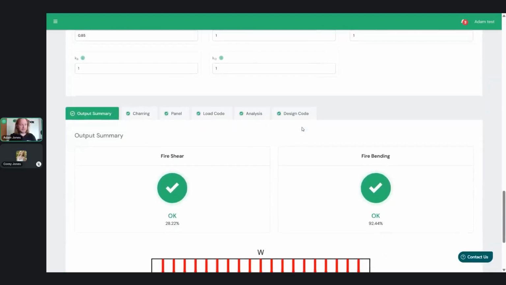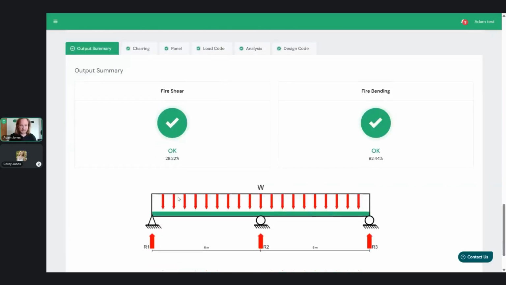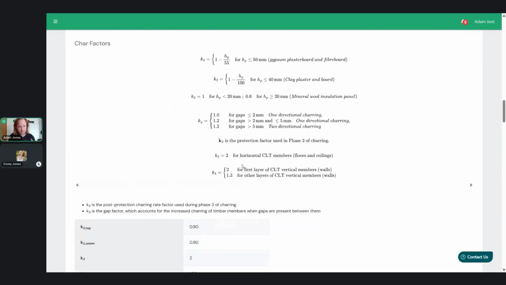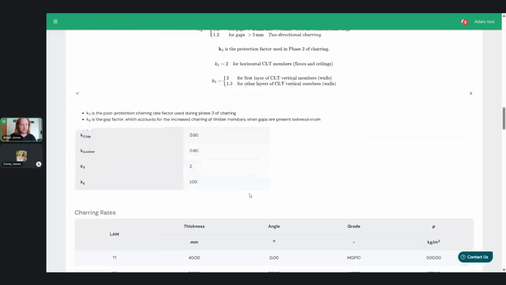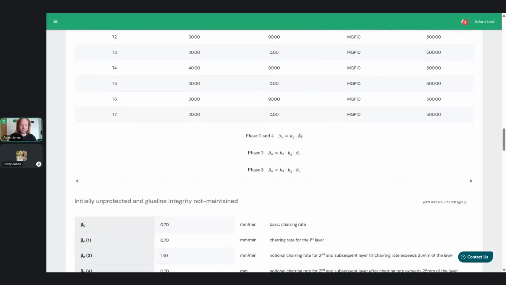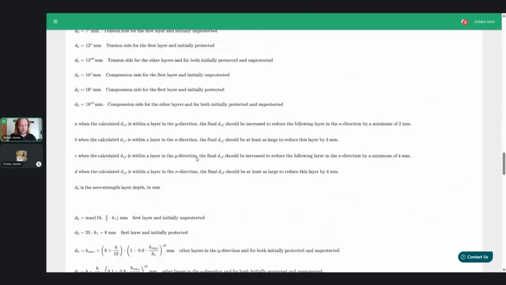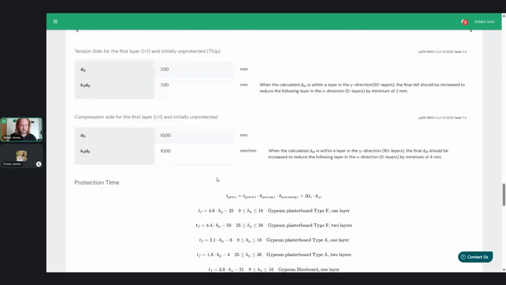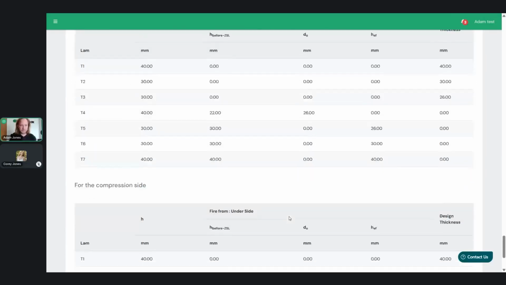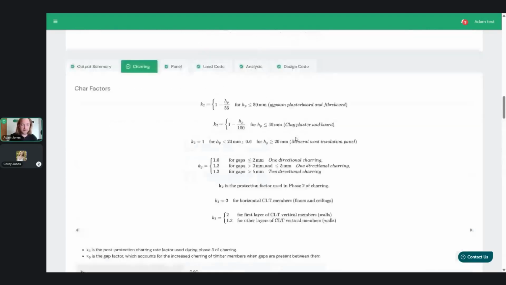So moving down, you can see here for our output summary, we are actually working right now at 92% and 28% loading. So if we go through calculation by calculation, our charring factors, it's not a black box. It gives you very detailed understanding of the K factors, the gap factors, the initial lamination, the phases, the new charring rate in each phase, so phase 1, 3, and 4, and then the zero strength layer right now based on the draft Eurocode, and then multiply there to actually end up with your protection time, as well as getting to the design. So from that, you actually end up with what your end design thickness is,